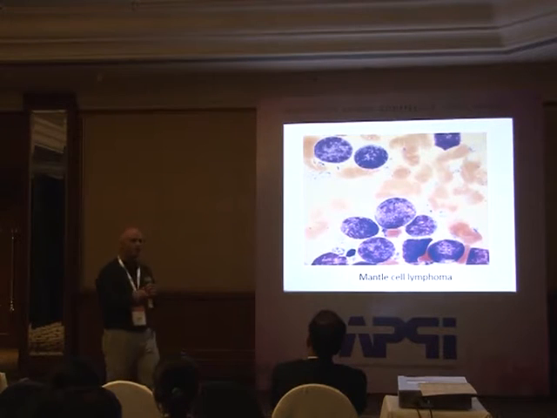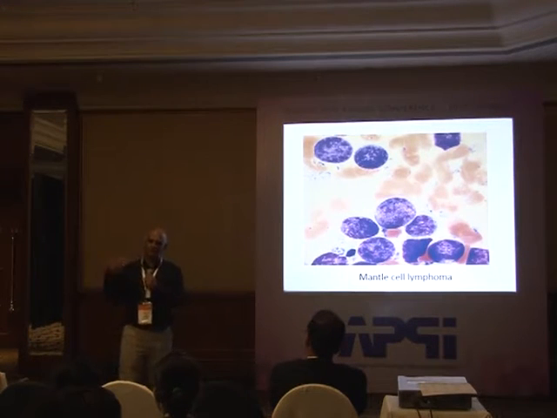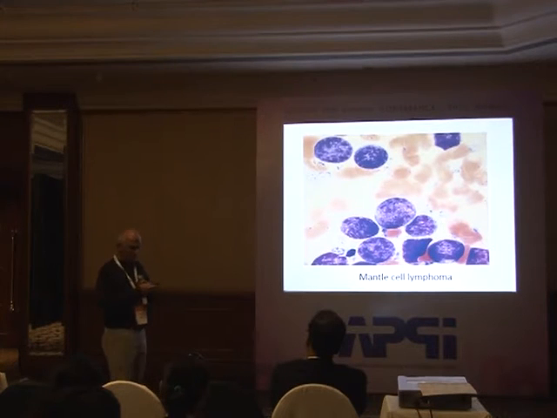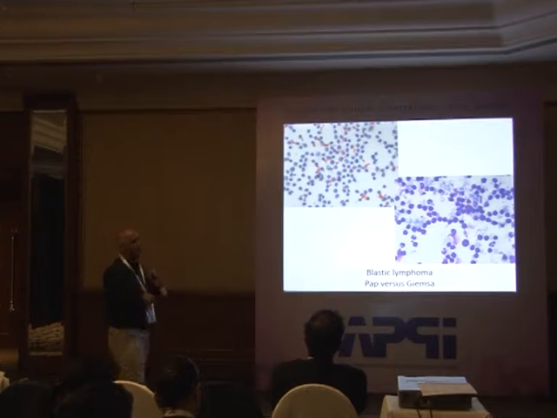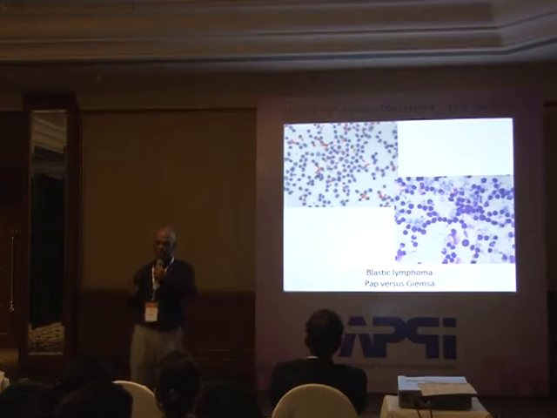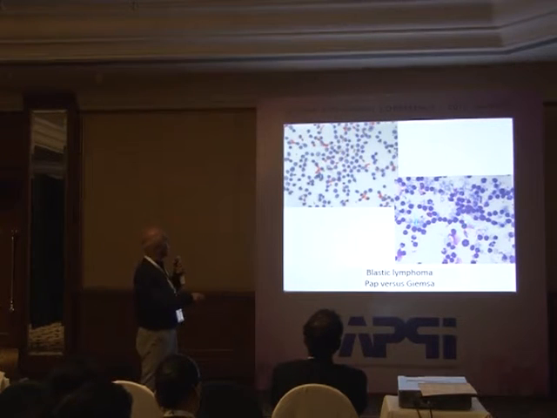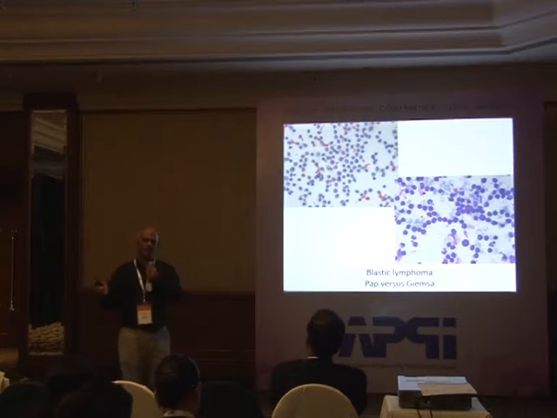Blastic means they are not TDT positive. They are just blastic because the morphology is blastic and MIB1 is very high. The Ki67 index is more than 40%. So now if you're doing another FNAC, this is a PAP, this is Giemsa, these are all blasts. They look like very small cells though. But if you look at the monomorphic population of lymphoid cells, this is slightly larger, but mostly they are all blast cells. These are also blasts. PAP is not the best stain, but if you are a keen PAP observer, maybe you can do it, but mostly Giemsa is the best. So monomorphic cells, blastic lymphoma.